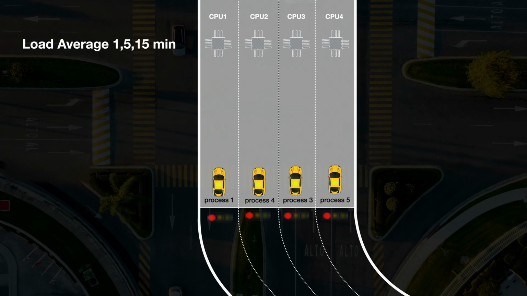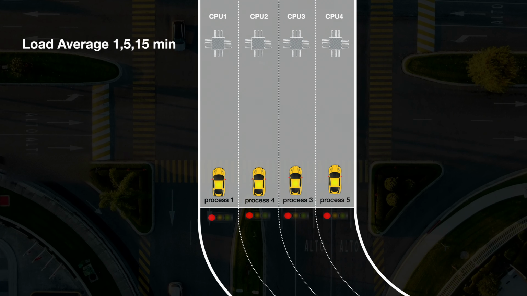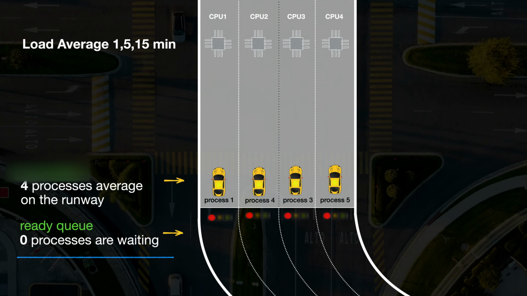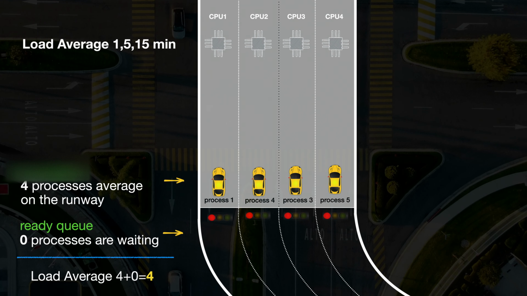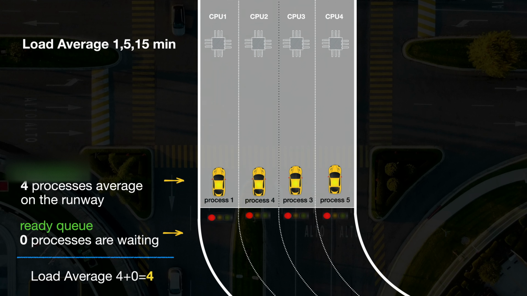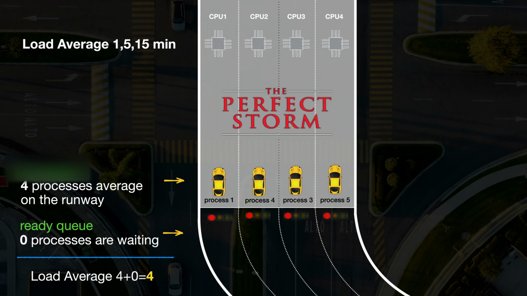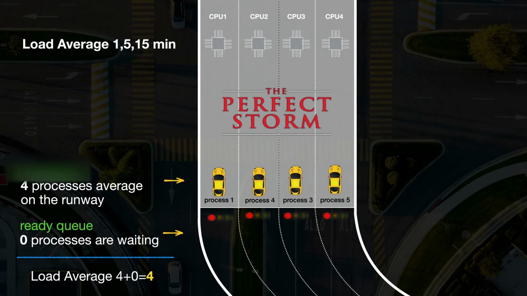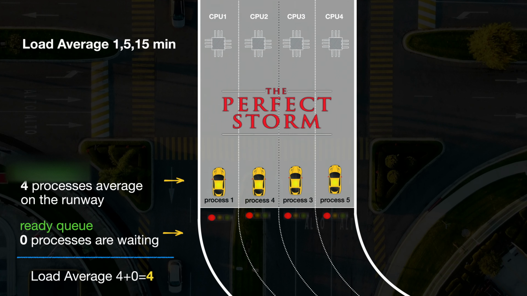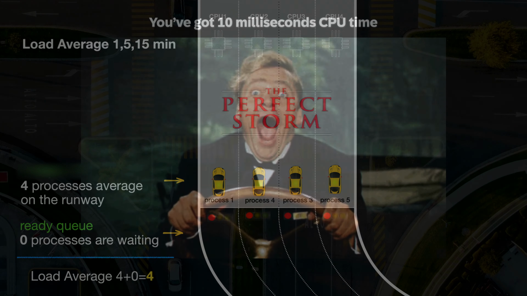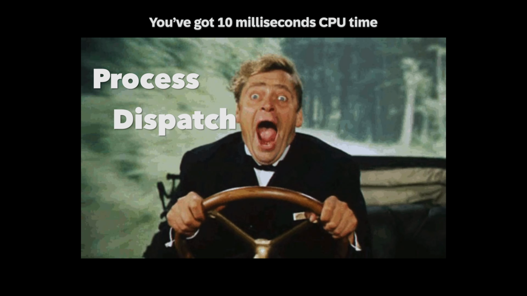In a perfect world, the perfect utilization will mean that the CPUs are always busy, and yet no process ever waits for one. If there are 4 CPUs on a machine and the reported 1 minute load average is 4, then the machine has been utilizing its processors perfectly for the last 1 minute. This is the same for the 5 and 15 minute averages as shown by the uptime command. But how is load average measured?